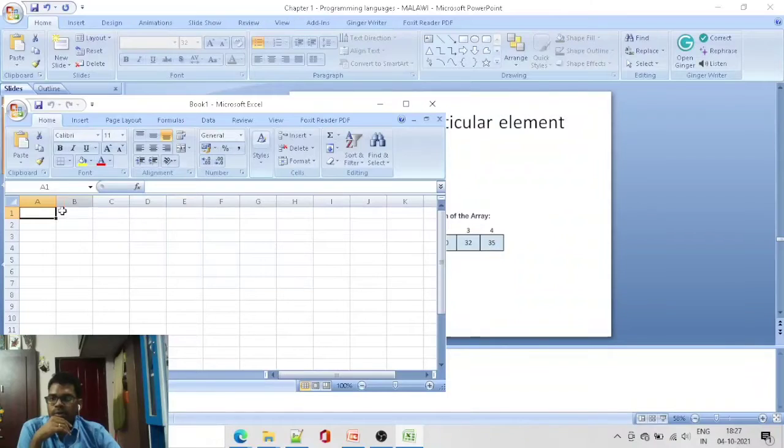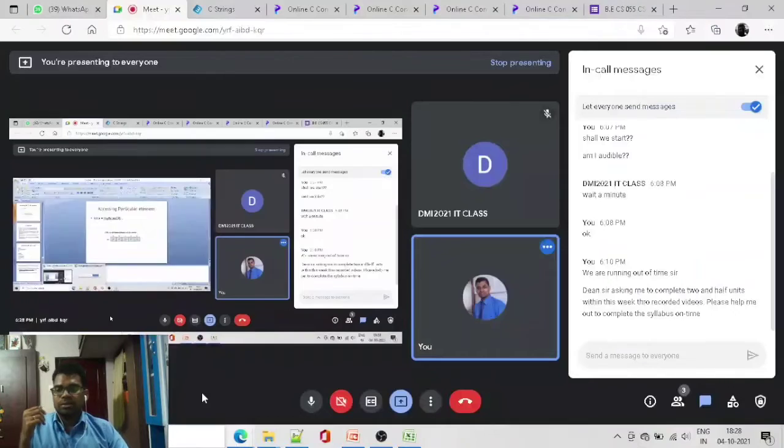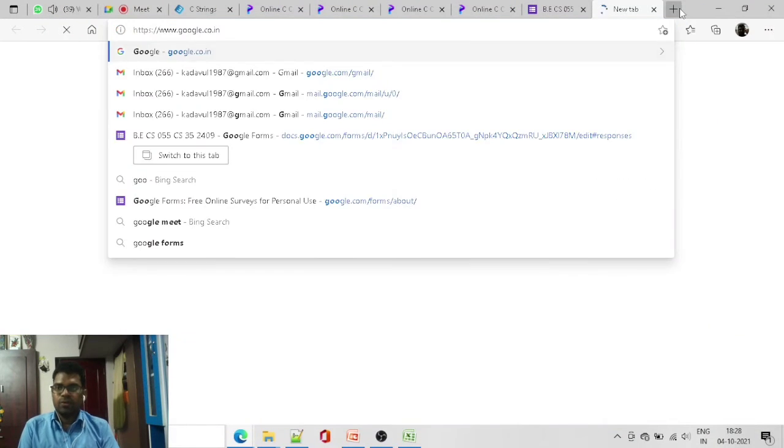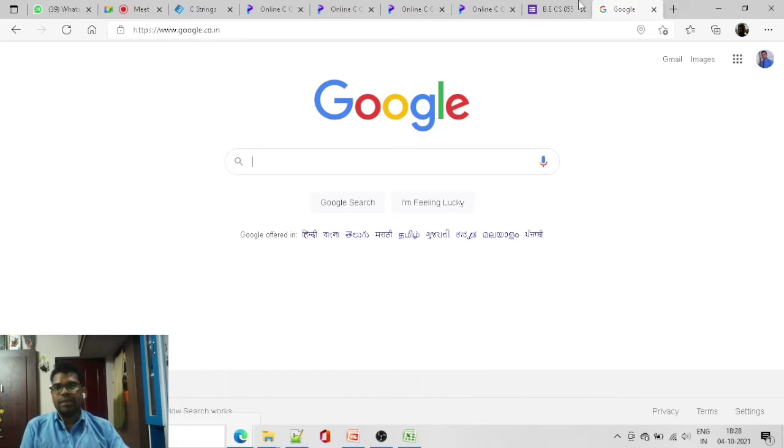This is A1, B1, C1, D1, and this is D10, and this is F13. Multi-dimensional means more than two dimensions, which cannot be seen with normal eyes. If you check in Google, you can understand what is meant by multidimensional.